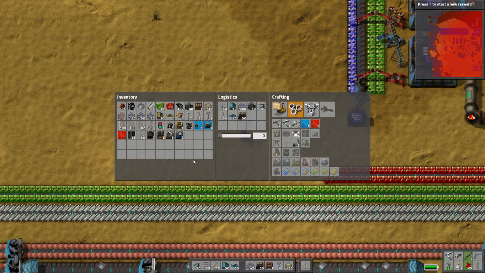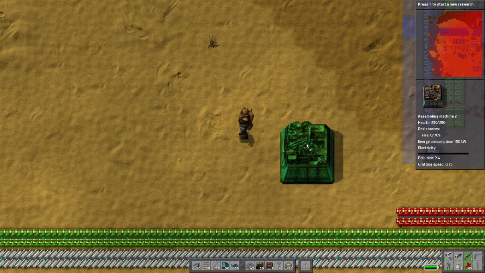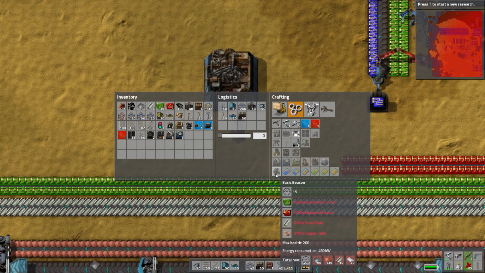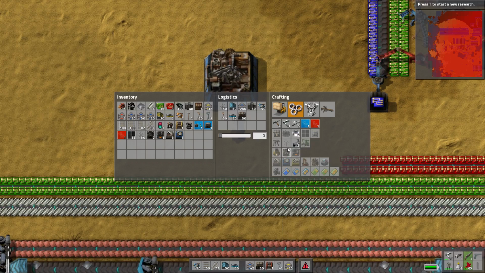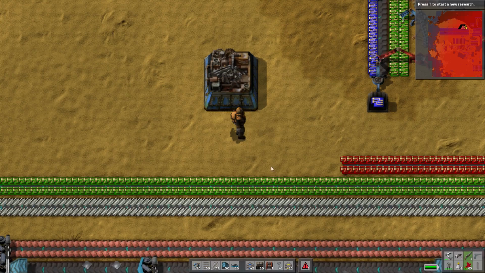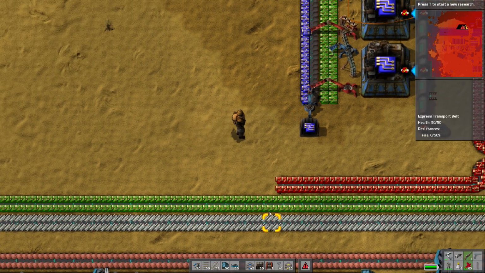All right, so an assembly machine is going to go here, roughly. What do we need of each of these? We need 20 and 20, huh? 20, 20, and steel is 10 steel. So I think what we're going to do...